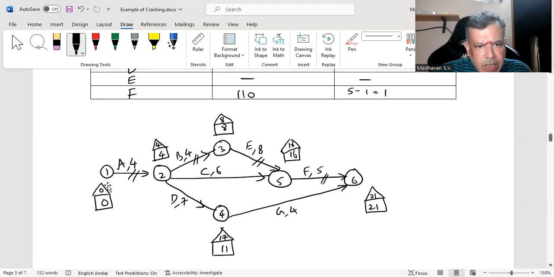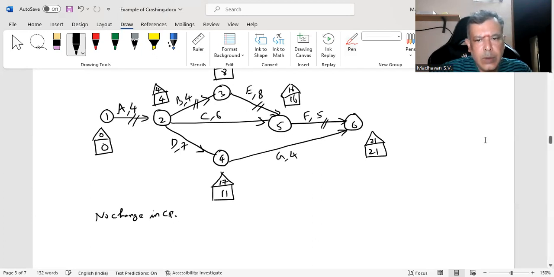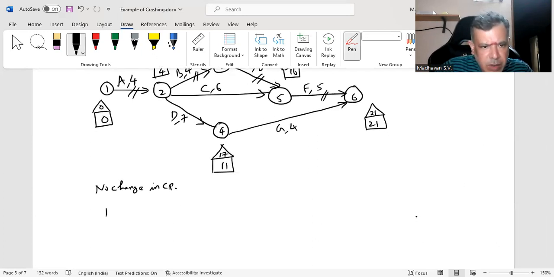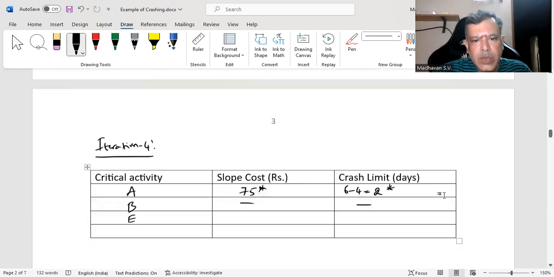Now again, there is no change in the critical path. 0, 0, 4, 4, 8, 8, 16, 16, 20, 21. No change in the critical path. So now, since there is no change in the critical path, let us calculate the cost. Total cost now is equal to previous total cost plus crashing cost minus savings. Previous total cost is how much? 8,400